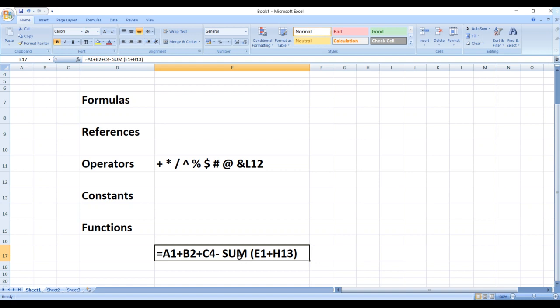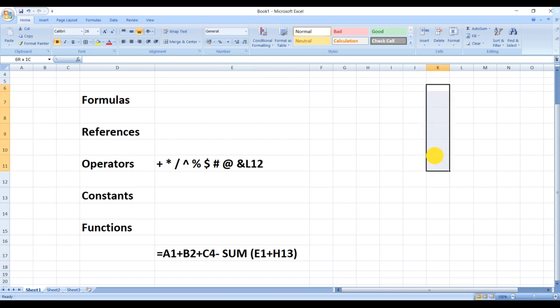One more term we have, that is range. So what is a range? A range is a rectangular area consisting of a group of cells adjacent to each other. Suppose whatever columns or rows or cells I am selecting in adjacent form is nothing but the range.